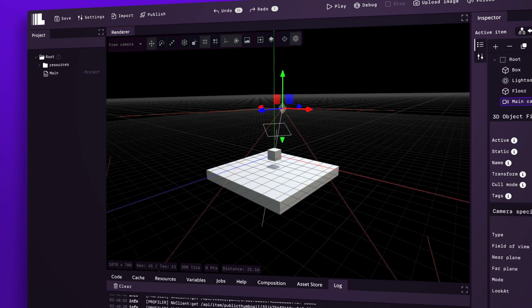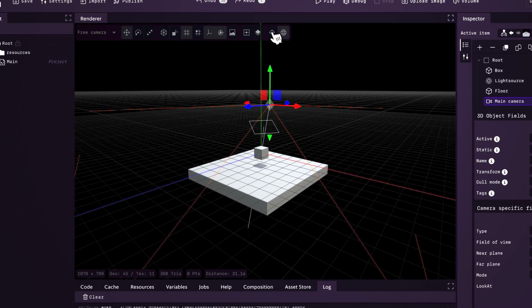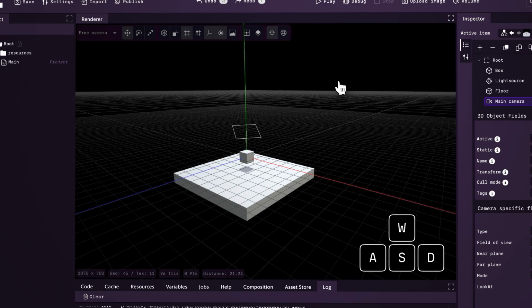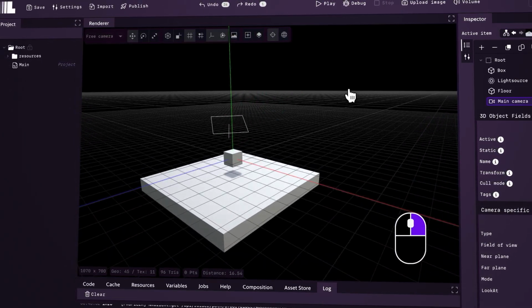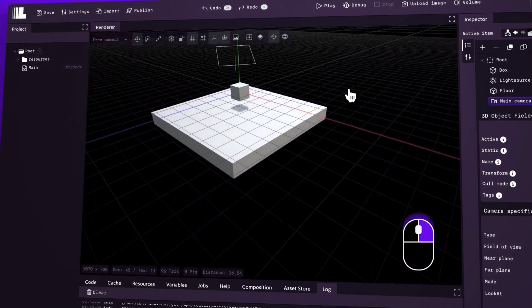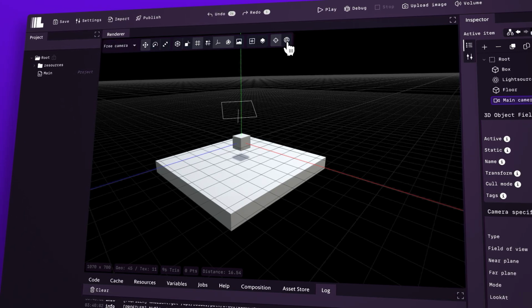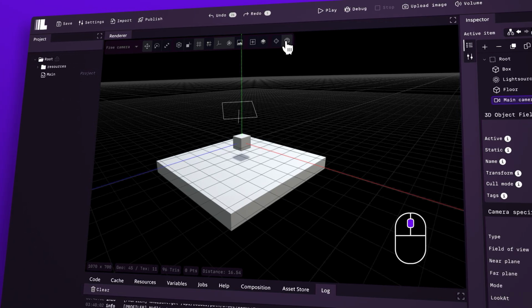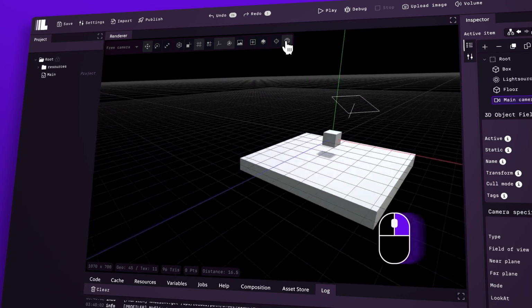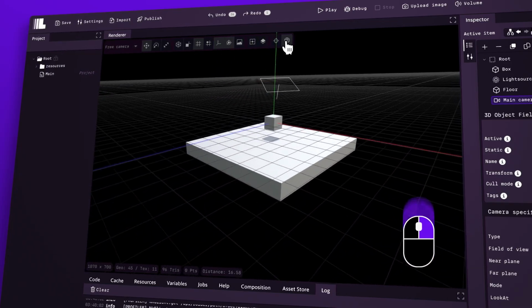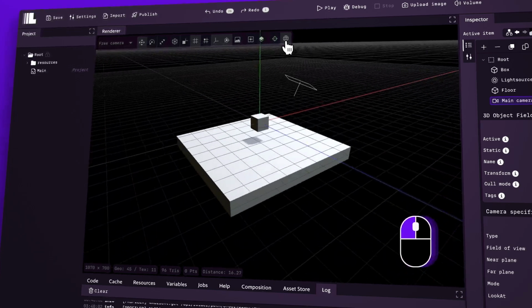a camera. There are 2 ways to control the camera. The first one is called FPS controls. To move within the scene, use WASD on your keyboard. Press the right mouse button and drag to change direction. The other way is called orbit controls, to which you can switch here in the toolbar. Zoom in and out with your mouse wheel, press the right mouse button, and drag the mouse to move left,